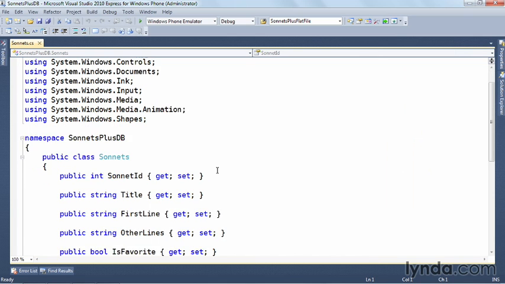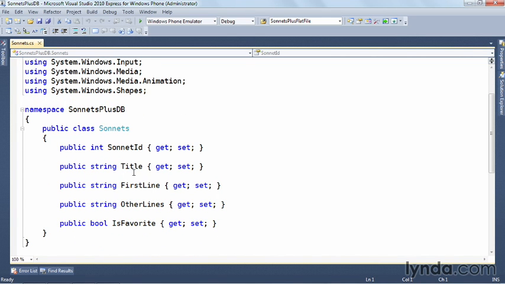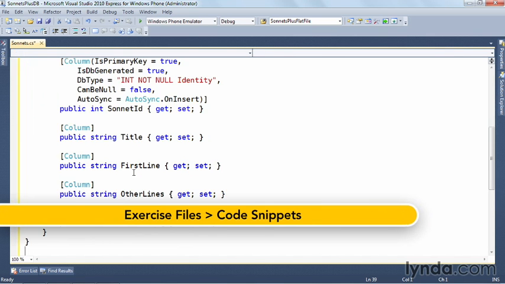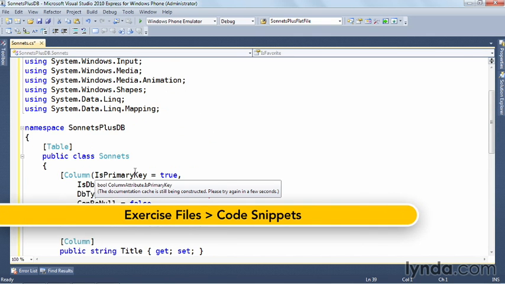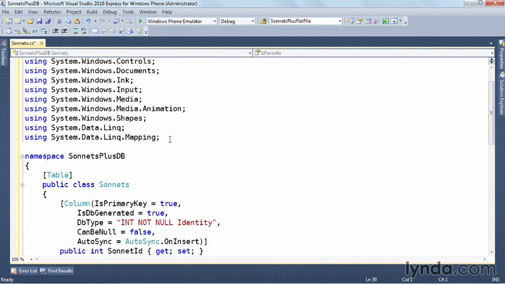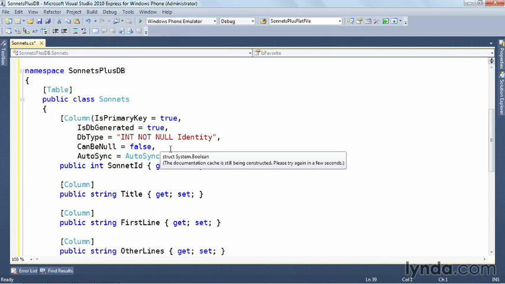You can see we simply have a collection of properties that we used to read and write data from the XML. When we convert that to the database version, it looks very similar except that there are a number of attributes associated with each item. First of all, we added a couple of additional using statements in order to be able to bring in the assemblies that support these attributes. And then this is the equivalent of the DDL to define the structure of the database. We start out by saying Sonnets is a table in the database,